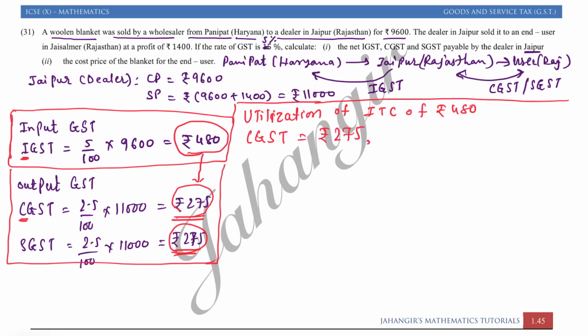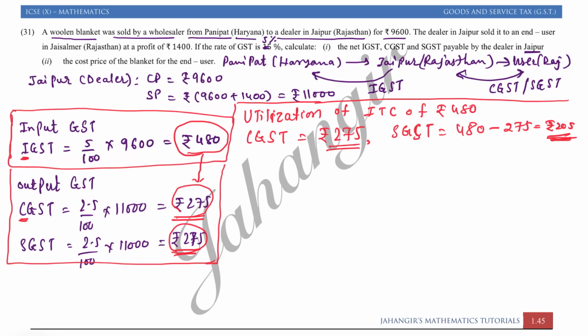Okay, and whatever remains, let's say in SGST: out of 480, 275 has already been taken by the central government. So the remaining rupees 205 has been adjusted to SGST. In this way tax has been utilized, credit has been utilized. What is credit? The tax which we had paid in advance. The advance tax was taken by the central government in the form of IGST.